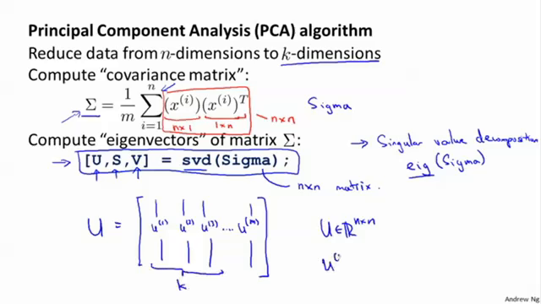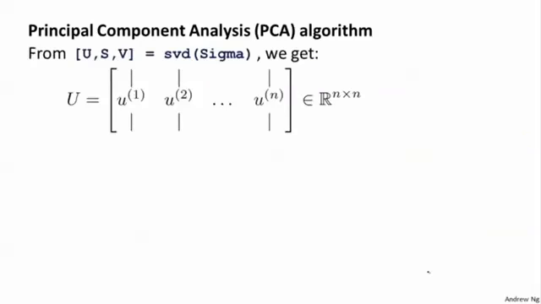And that will give us U1 up to UK, which are the k directions onto which we want to project the data. So to describe the rest of the procedure from this SVD numerical linear algebra routine, we get this matrix U, and I'm going to call its columns U1 through UN. So just to wrap up the description of the rest of the procedure, from the SVD routine, we get these matrices U, S, and D. And so here's the matrix U, and we're going to use the first k columns of this matrix to get